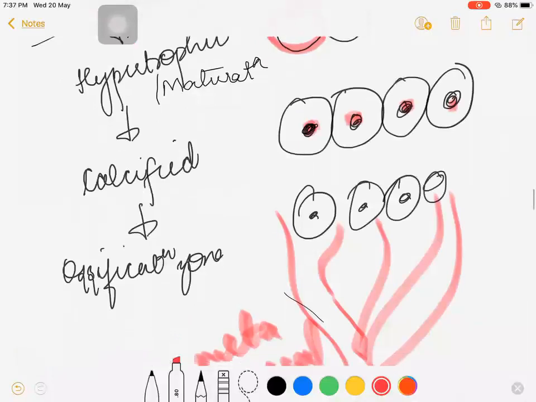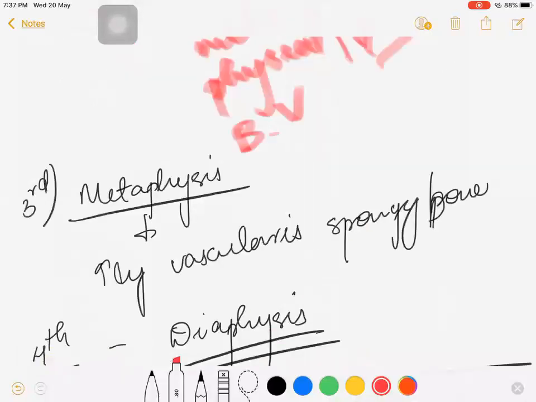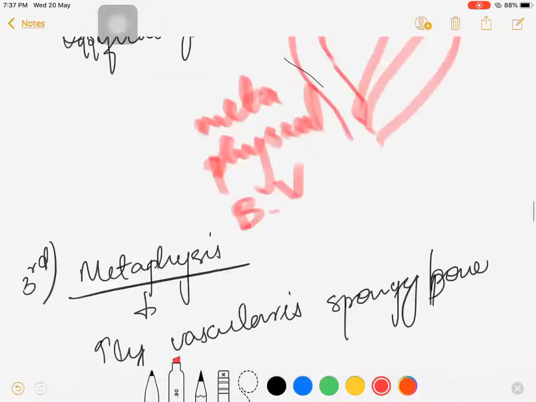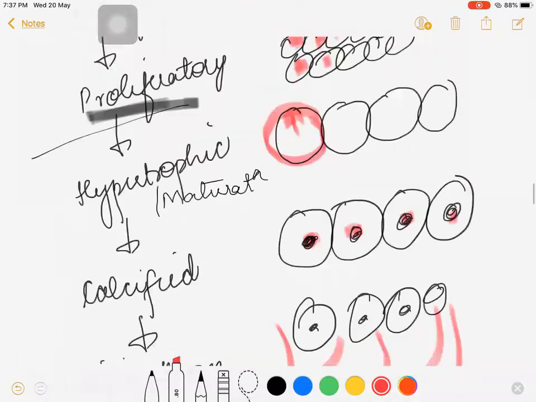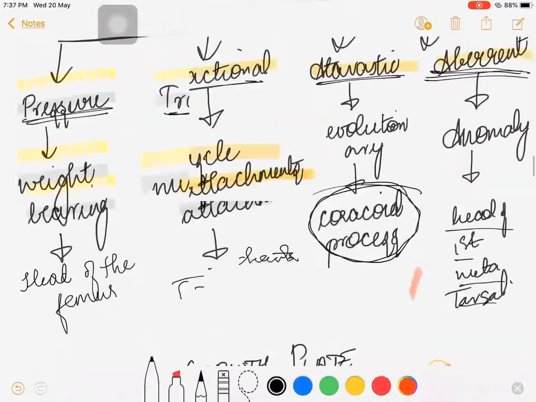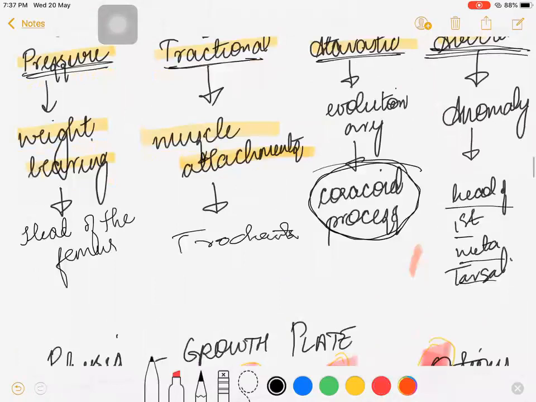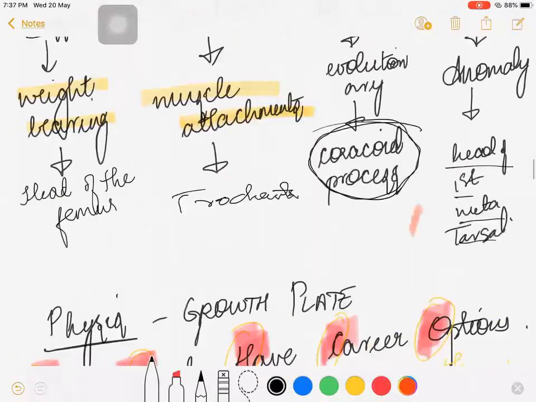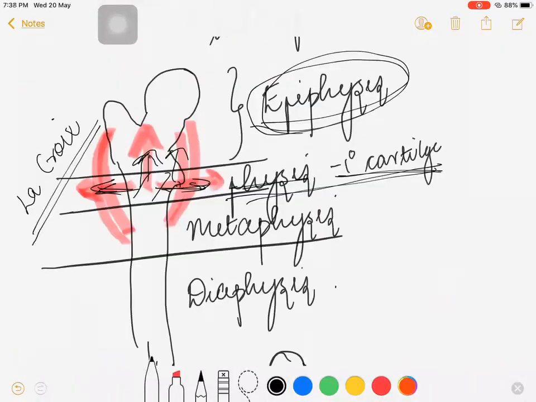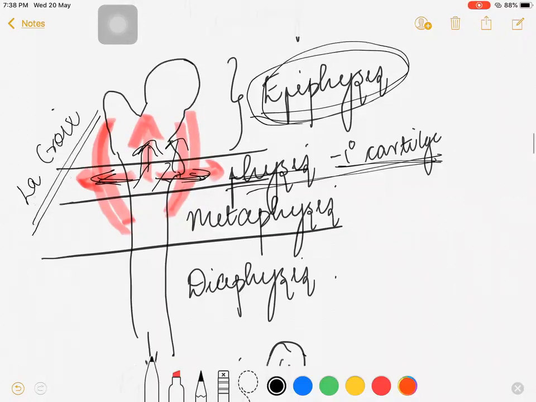Then we'll go to the next layer. Can you repeat? It's basically a highly vascular part of cartilage. Okay, wait, I'll just write it down. Should be easier for you people. It's called the cartilage of LeCroix. So the spelling, hopefully it's correct. If it's wrong, I'll put it up on the group. This is known as the cartilage of LeCroix, which prevents the lateral growth of the bone, allows the bone to grow only height-wise. That's why we are tall and we don't become stout.